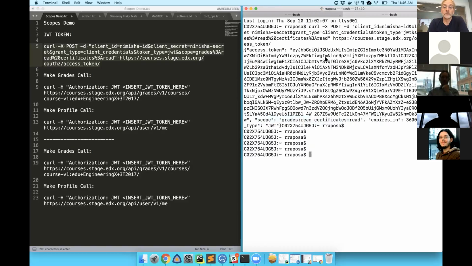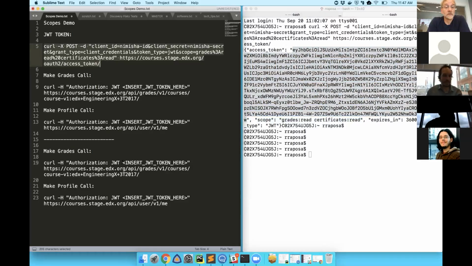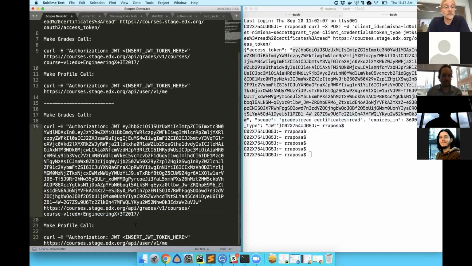And now what I'm going to do is, you can see over here, I've got a curl statement that's just asking for the grades on a particular course. Now I'm going to copy the access token that I got, and I am going to paste that into this URL and also this one.